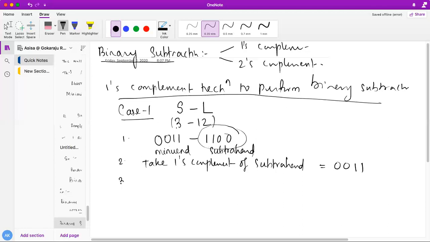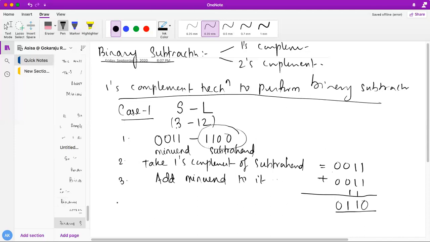Next, what I have to do, add the minuend to it. Whatever you have achieved as the 1s complement of the subtrahend, add the minuend to it, 0 0 1 1. You just have to add it. In the third step, you add the minuend to the achieved 1s complement of the subtrahend. So if you add it up, how will it be? 1 1 0, carry 1, 1 1 1 0 plus 1 1, carry 1, 1 0 0 1. You have achieved 0 1 1 0.